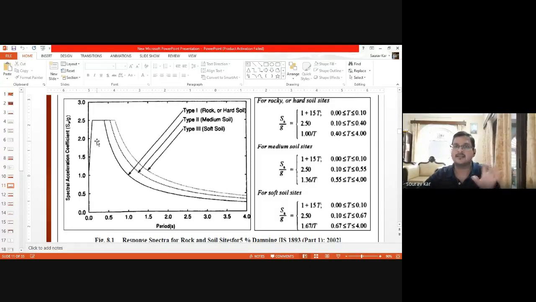They have taken three sets of soils: rocky, soft, and medium soil. And under these various sets, they have taken a set of time periods, and the SA by G graph is plotted. Okay, it is called response spectra acceleration coefficient.